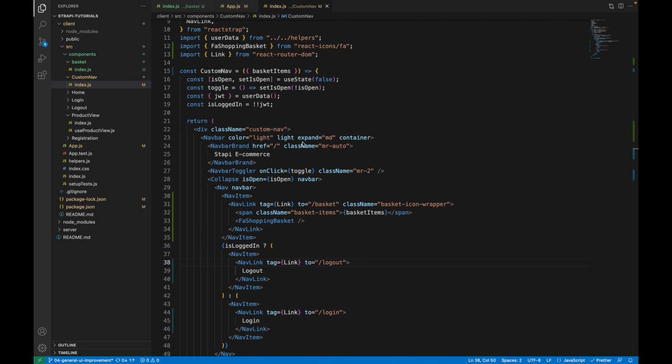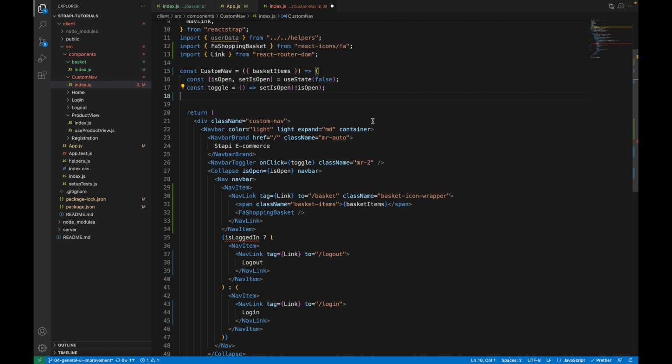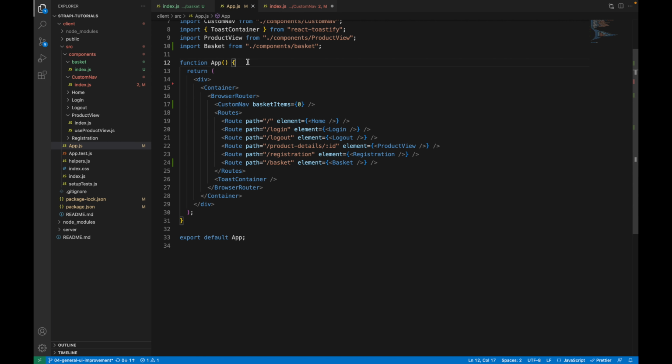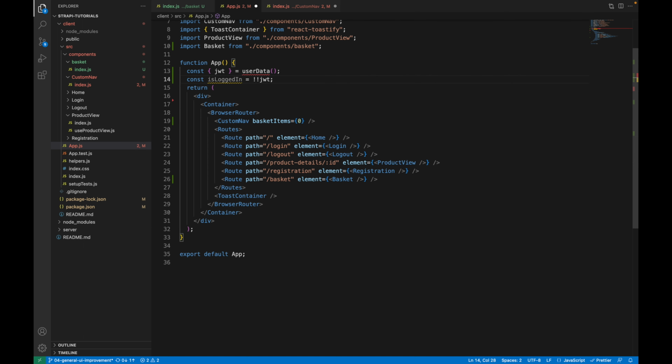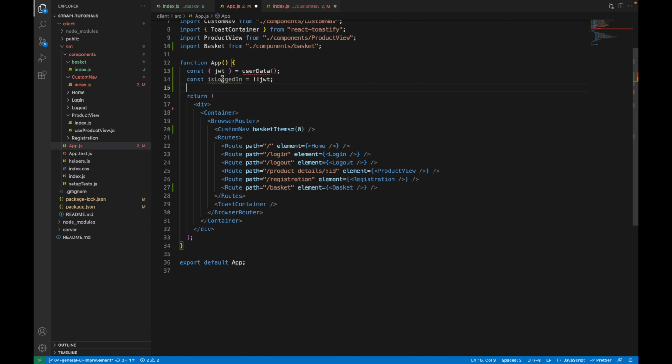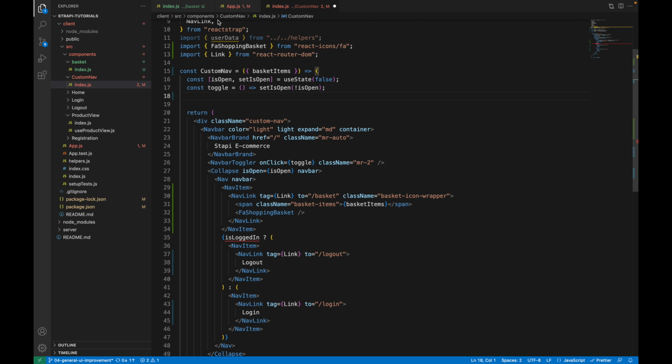And we need to also move this is logged in to the app component so we can share it later with the basket. Instead of just importing this here, we're going to move this code from this file to app here. So inside app, let's just add this one here. We can pass this is login as a props also to custom nav, and we need to import this one, same as we did here on custom nav, from helper,